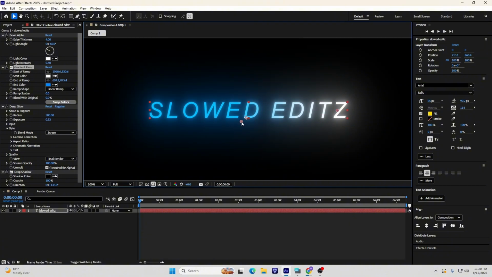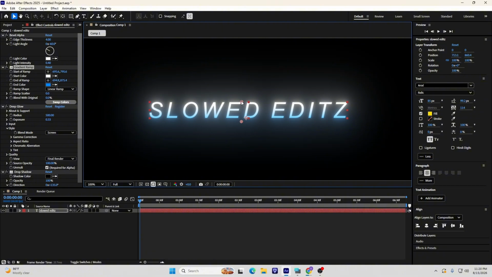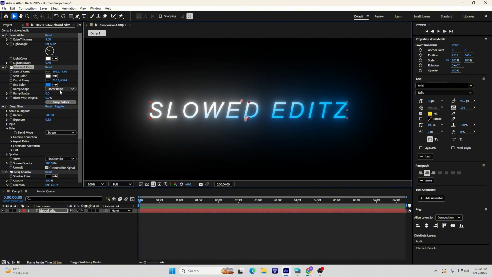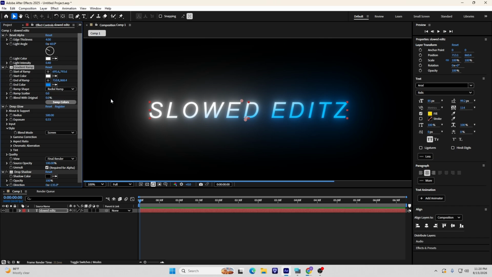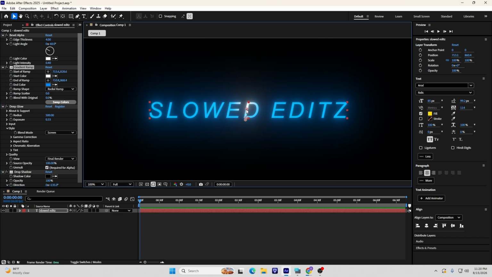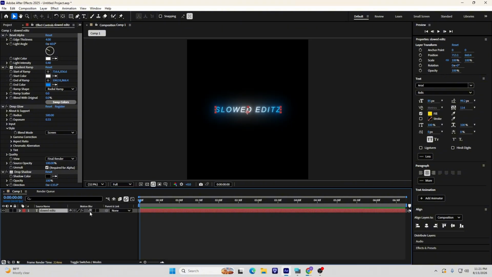For another gradient text effect, the ramp shape is currently linear ramp. Choose the radial ramp. Then as you can see, there's only white. Move the end color up to the right side of the text and you will see the S L O and I T Z will be blue and the mid part, W E D and E Z, will remain white. So this is the gradient ramp text, and once you do this, turn on the motion blur effect,